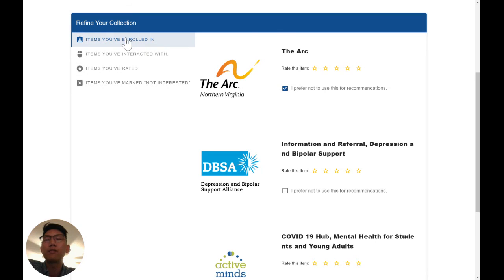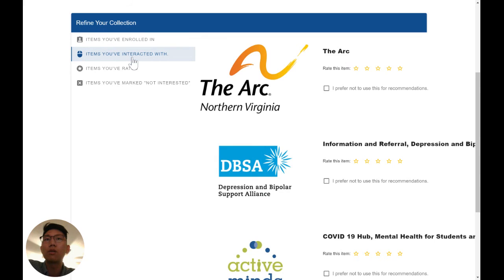So these are items that they've enrolled in, which was the main blue primary button that's seen on detail pages and on product cards throughout the site. The interactions are listings that they've clicked on, items that they've rated are listings that they have given a star rating to, and items that they've marked as not interested is again correlated to that white tertiary button on the detail